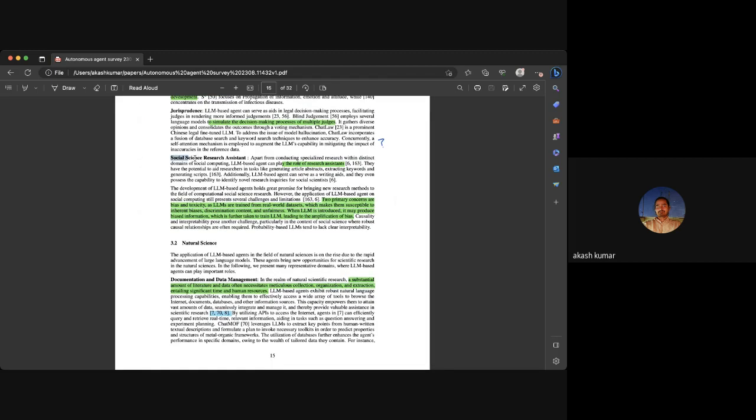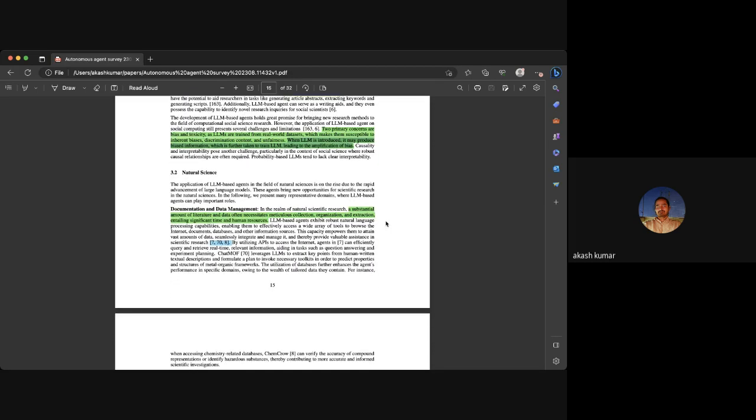So yeah, in social science research assistant, LLMs are playing literally the role of research assistant. Using LLM-based agents in such situations has two primary concerns: bias and toxicity. These LLMs are trained on real-world datasets, which makes them susceptible to inherent biases. Whenever such LLMs are used, like when you're trying to create a simulation of the population, these biases might be present in the agents that are given that kind of profile.